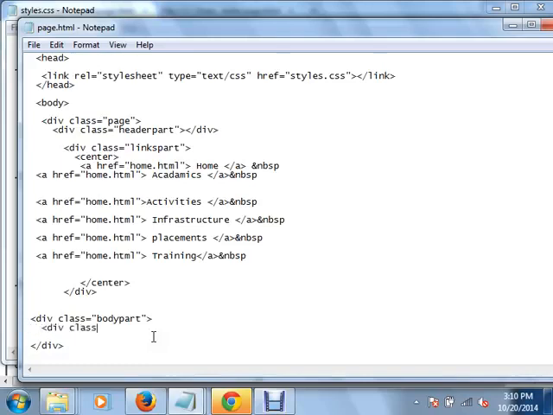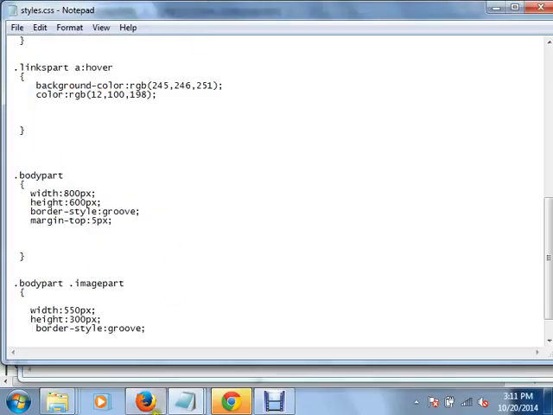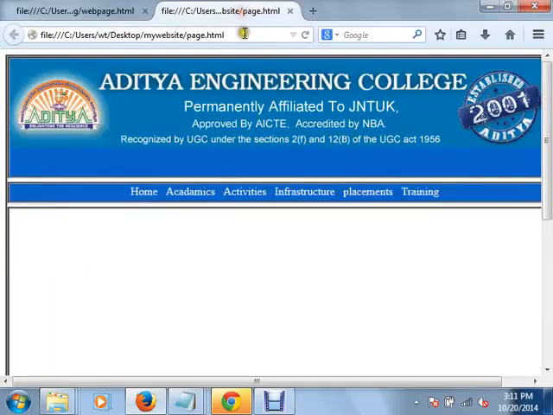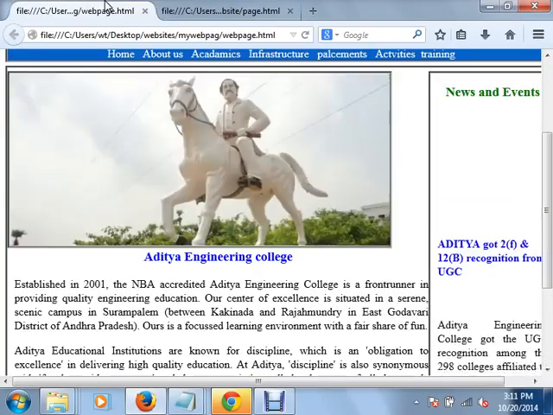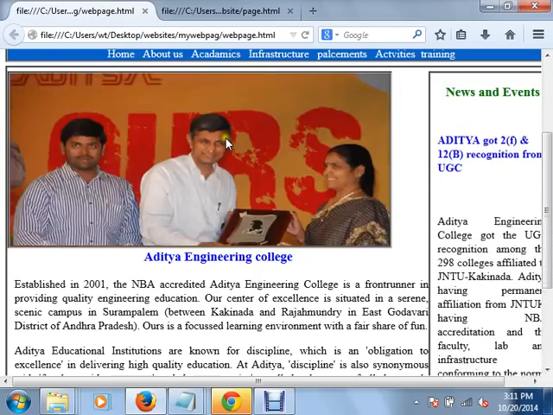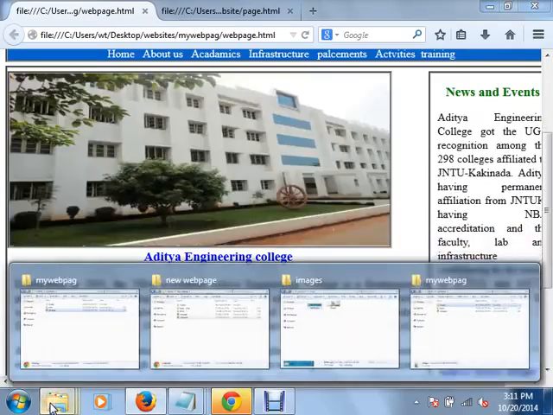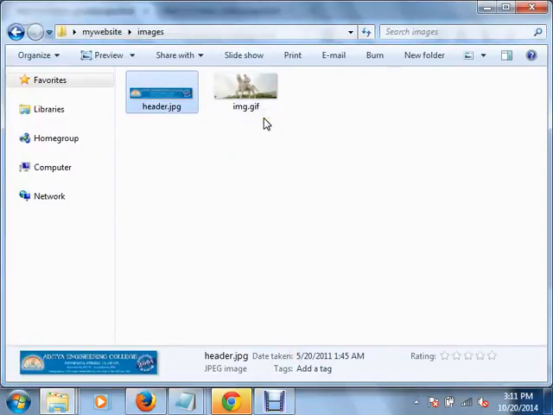Div class equals image part. It is displayed. Okay. Now inside this we have to display the image, and the name for that image is img.gif, and it is inside the images folder.